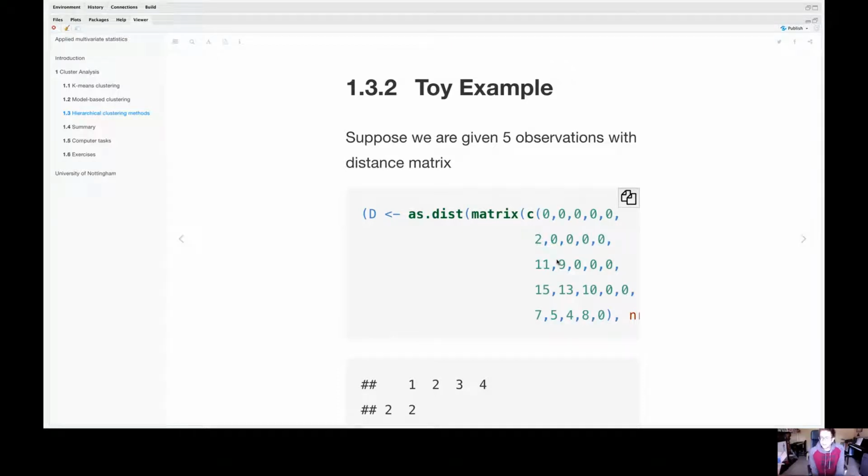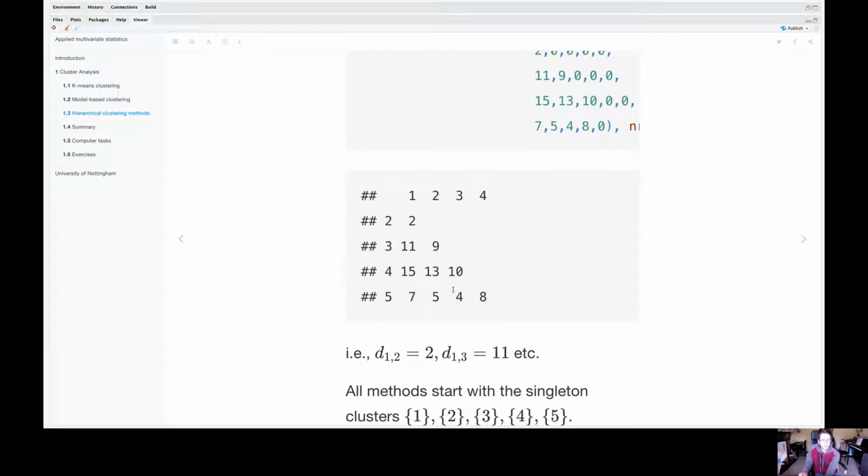So let's look at a toy example here. Let's suppose we're given 5 observations with the following distance matrix. I've given it in the form of a dist object in R. The distance between observation 1 and observation 2 is 2. The distance between observation 2 and observation 3 is 9,